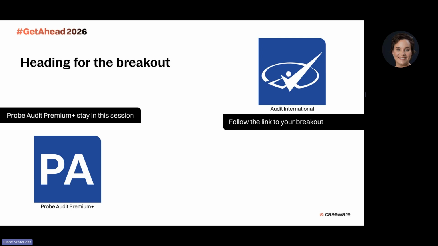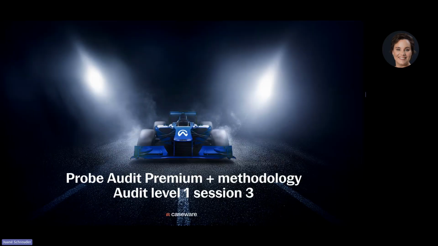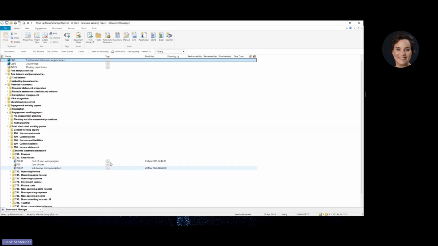So just for us to start like that, we are going to move on to the breakout for the Probe Audit Premium. And with that, I'm going to go to the Caseware file. So I'm going to open the Caseware file for us, and where we are going to work is I'm going to show you the sampling worksheet